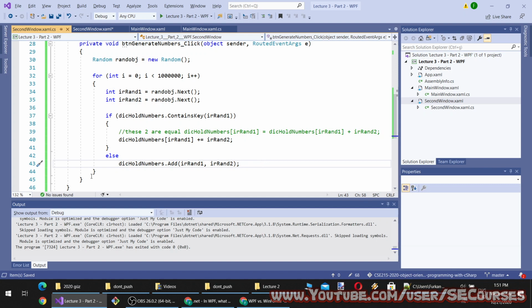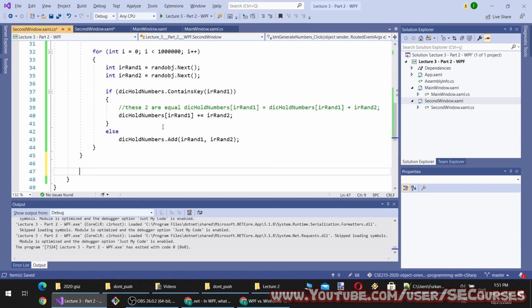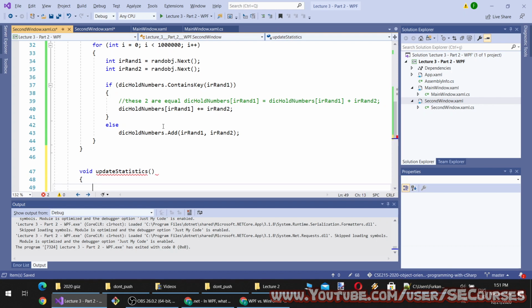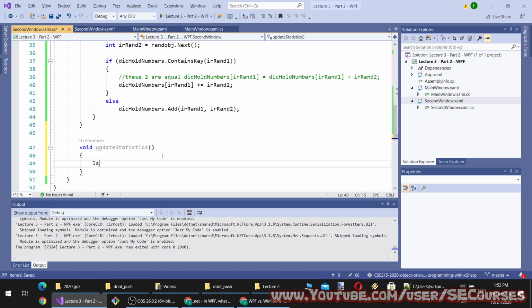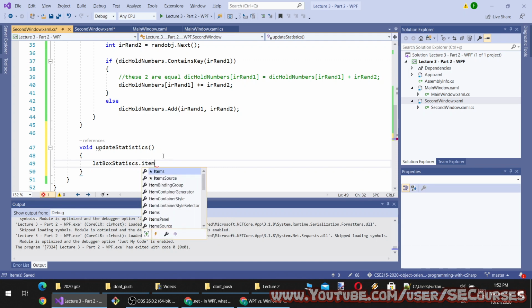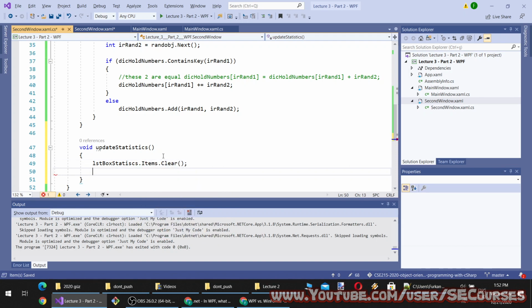And then I am going to write another method to update statistics. Item add.